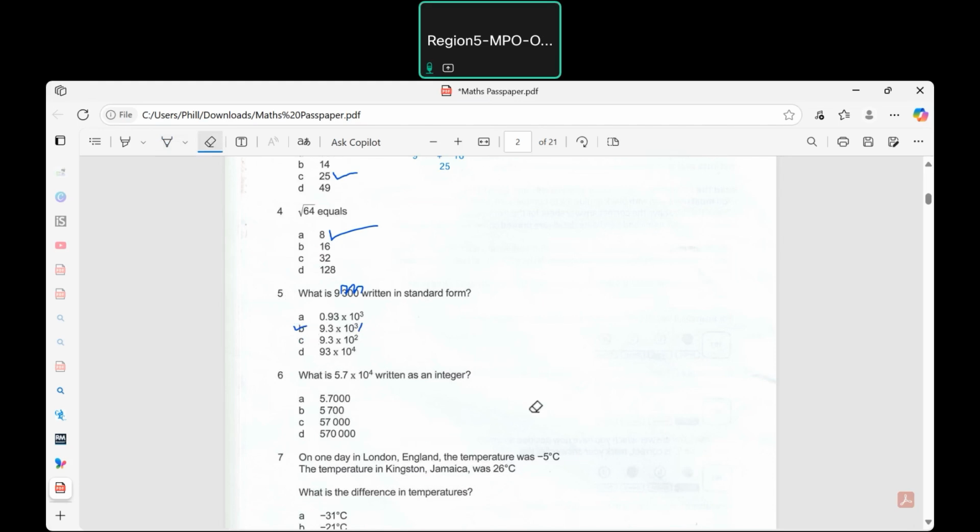All right, let's go on to number 6. It says here, 5.7 times 10 to the 4 written as an integer is. So 5.7, let's type it rather. 5.7 times 10 to the power of 4. Now, when this is to the power of 4, it means that you're going to shift the decimal place 4 times